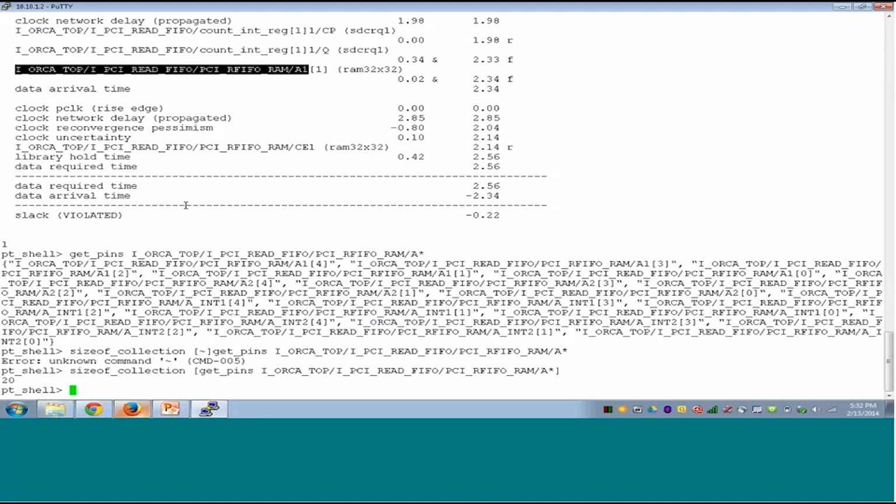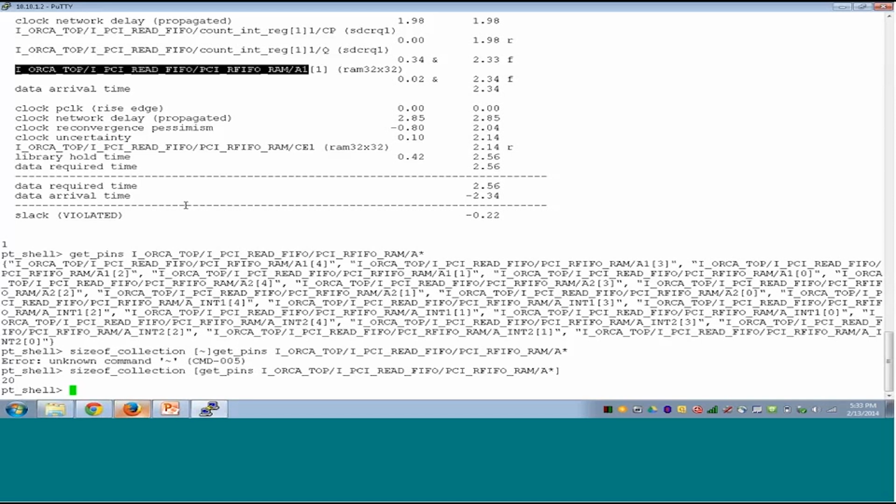But as an experienced STA engineer, what you could do, you can make use of attributes. There is a very interesting command called get timing path. The report timing reports the text value. Get timing path will give you a collection of objects of timing path. Almost all the options in report timing are supported in get timing path. So what I'll do is, if you want to report timing, so the first thing,